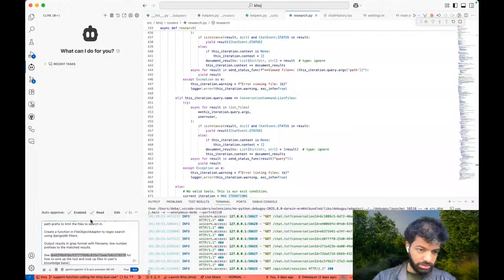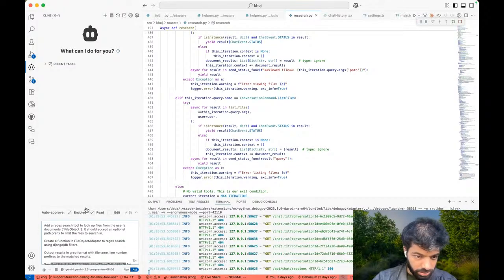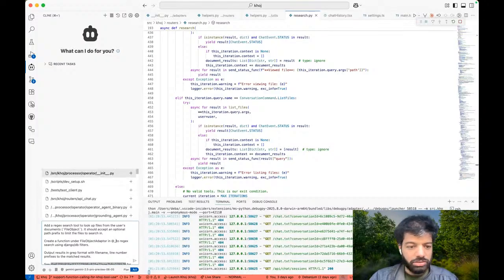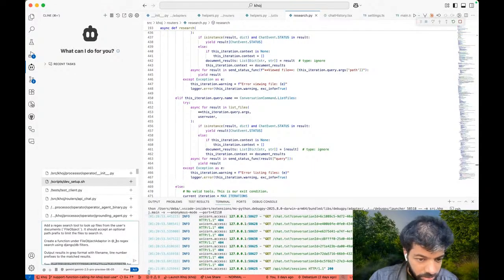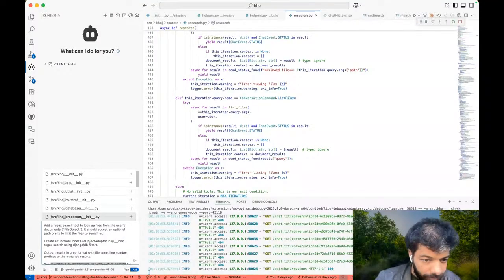I think this should be good enough. Oh, I have to mention the files here somewhere. Create a file function under this, in adapters. And where is it?